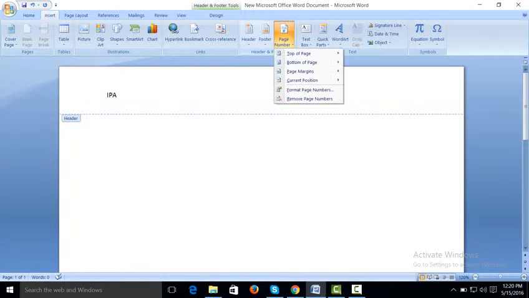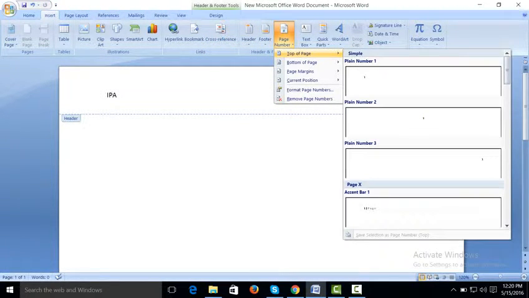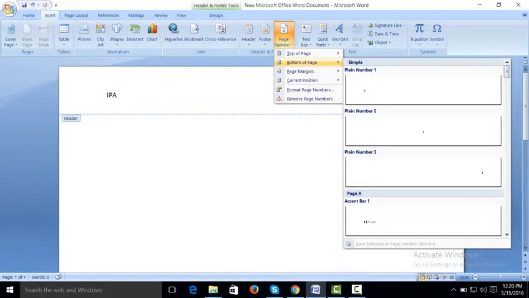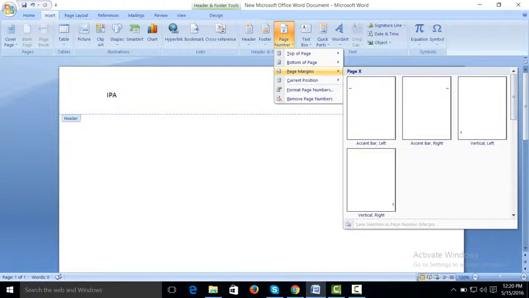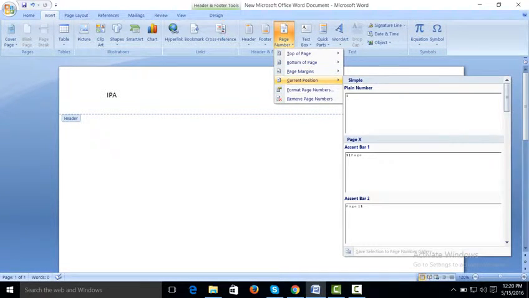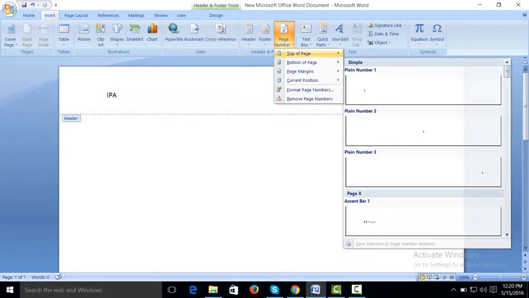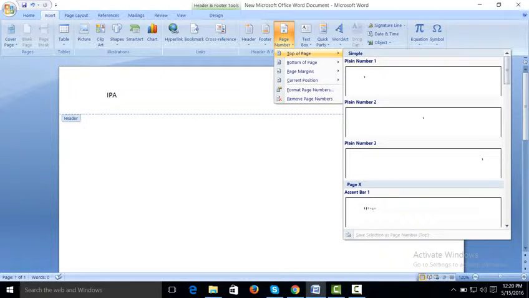Page number. If you want to give the page number on the top of the page, on the bottom of the page, on the margin, current position, format page number. Most people give the page number on the top of the page, in the center, right, or left.